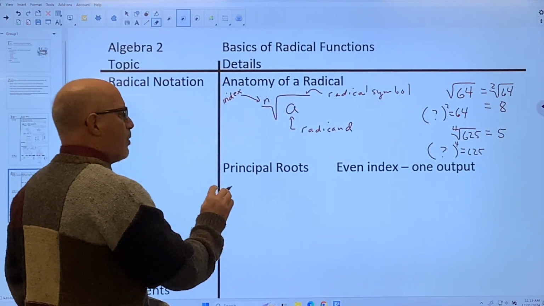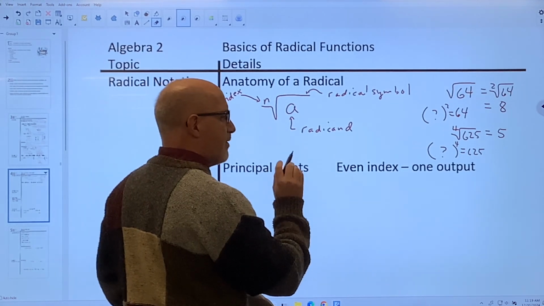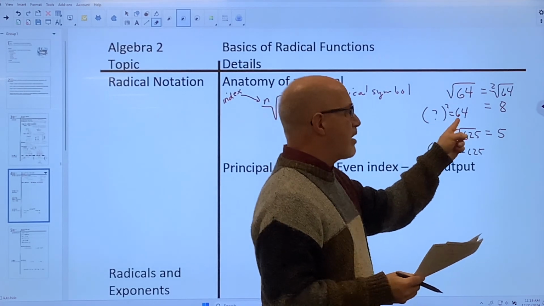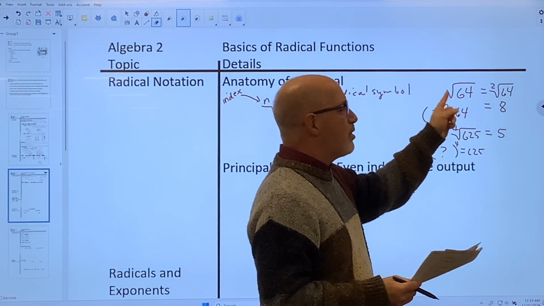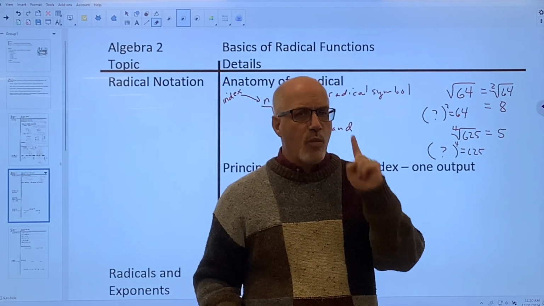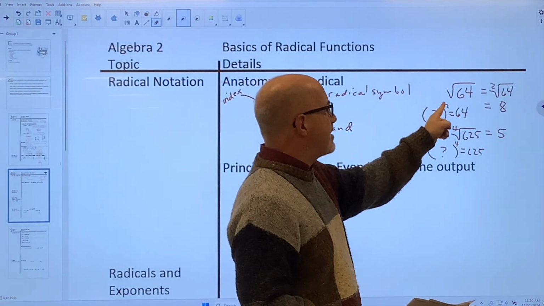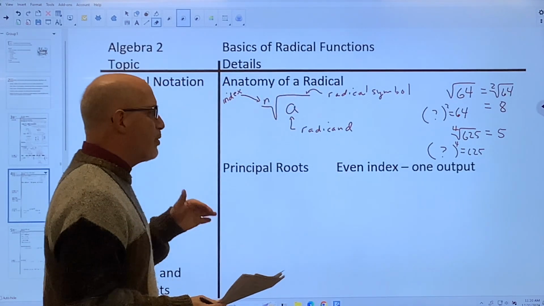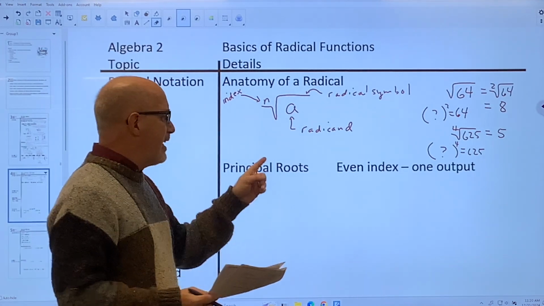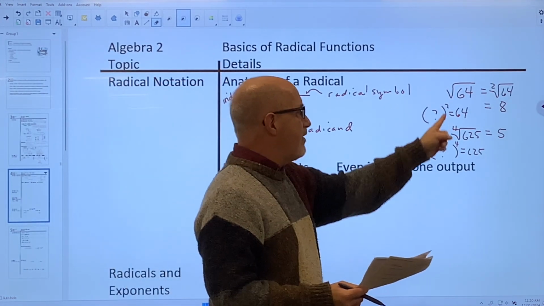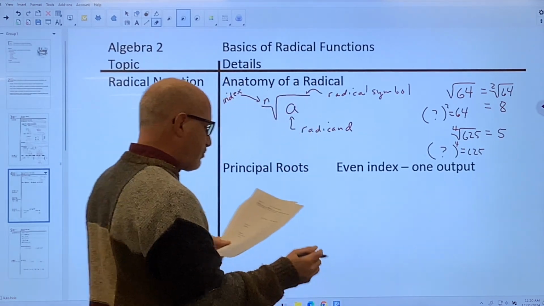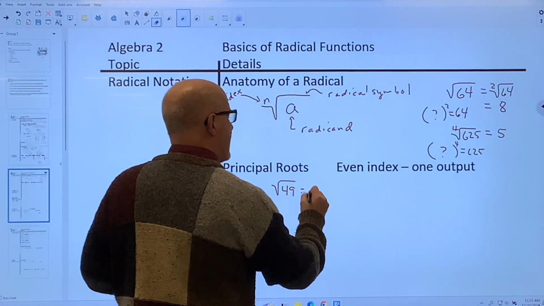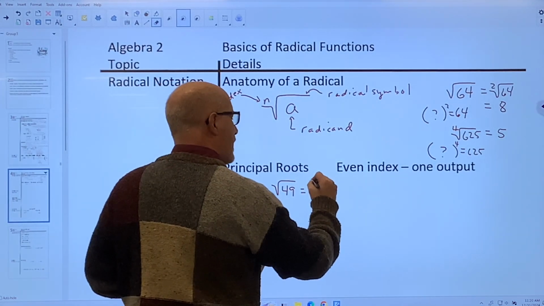So we want to talk about what are called principal roots, especially because of when we have an even index, we could have, for instance, negative 8 squared to equal 64. Well, this symbol, we want it to be a function, so we want only one output for it. So this symbol means you get one answer, and it's called the principal root. If it's an even root here, you're going to get the positive answer. So for instance, if you take the square root of 49, that's going to equal 7. Take the positive